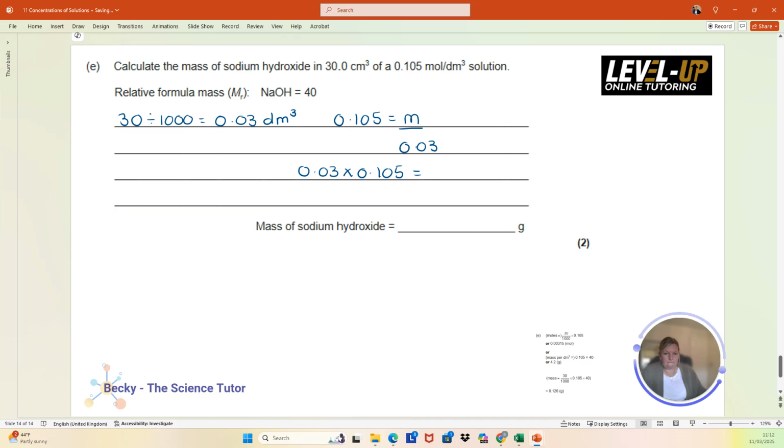So let me just write this down as an intermediate. It doesn't matter whether you write it in standard form or you write it out at this moment in time. So we've got times 10 to the minus 3. This is moles. And then we want to calculate the mass. So moles times MR. We're given the MR in the question, so times 40. And that should give us